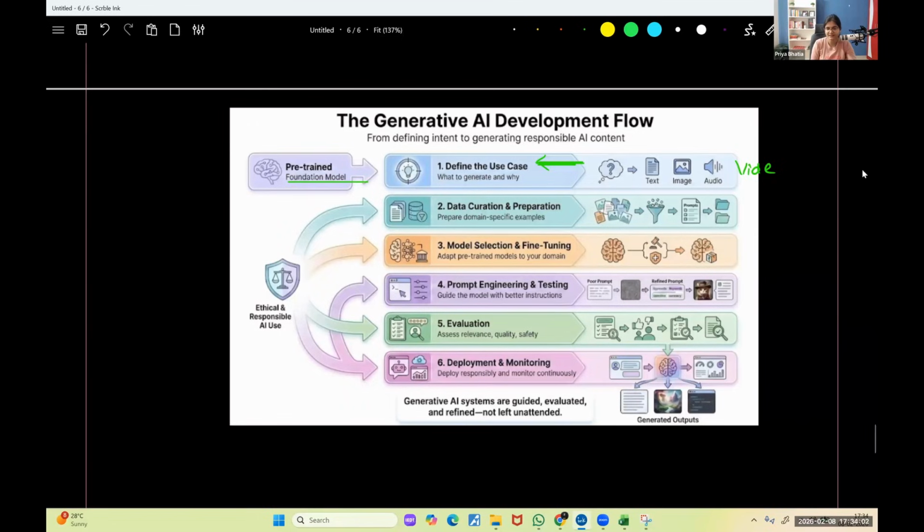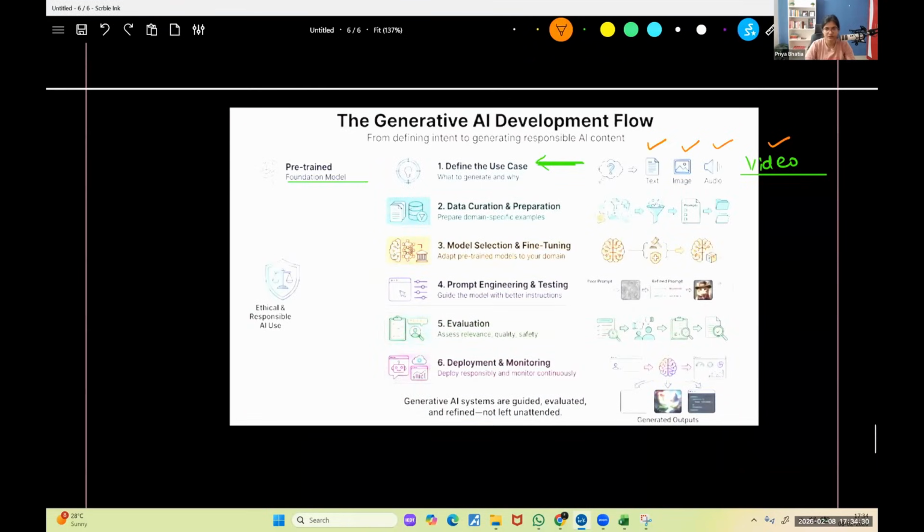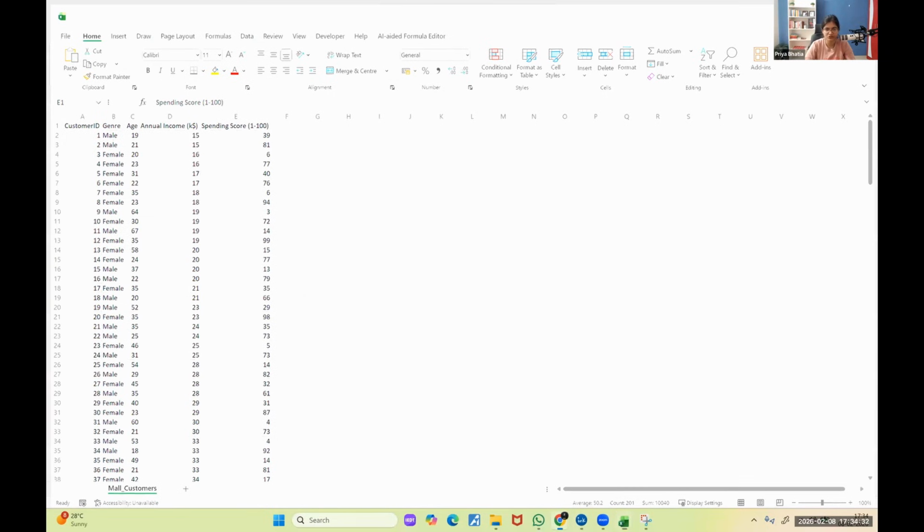In all of these things, what you actually want to generate, based on your use case, it will try to work accordingly. So with respect to every different use case, whether it's textual data, image based data, audio, or video, we have a different pre-trained model. Again, is it clear what a pre-trained model is? So if we refer to the formal definition of it,